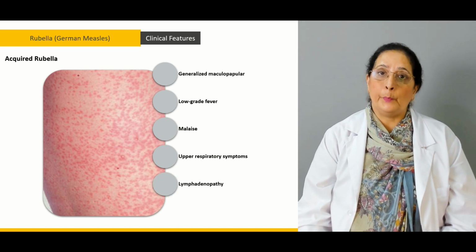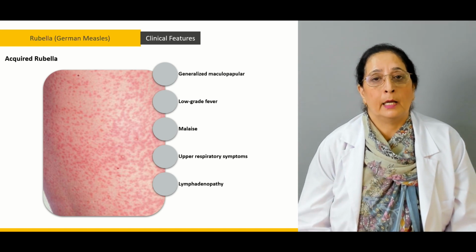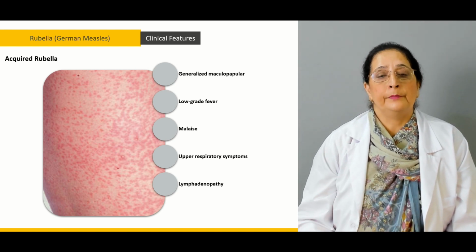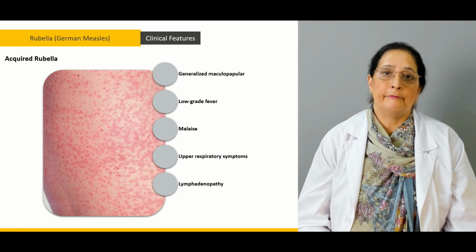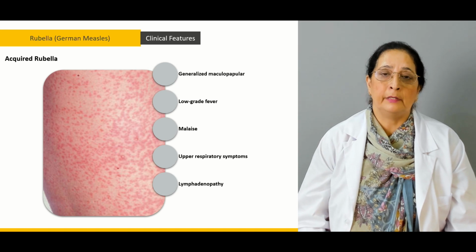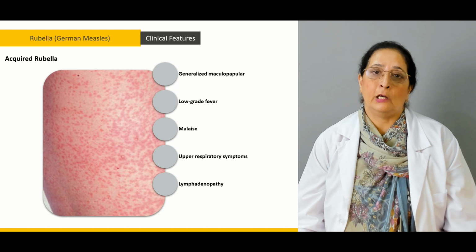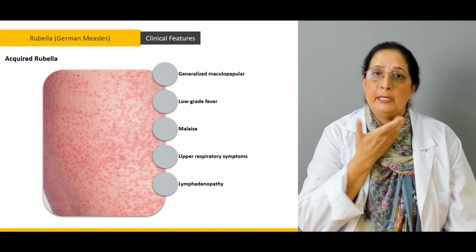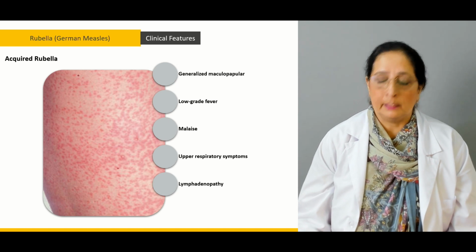Then lymphadenopathy, because of the presence of the virus, it spreads to the regional lymph nodes and can cause lymphadenopathy, and enlargement of the regional lymph nodes, especially in the neck, is very, very common in this